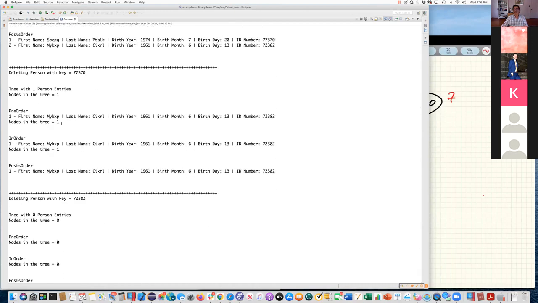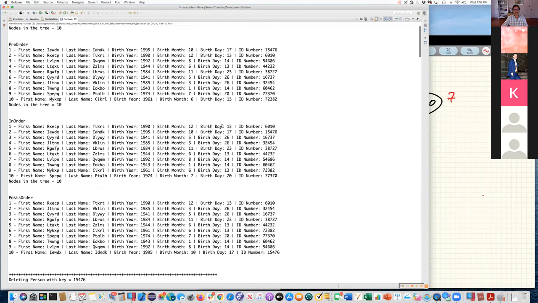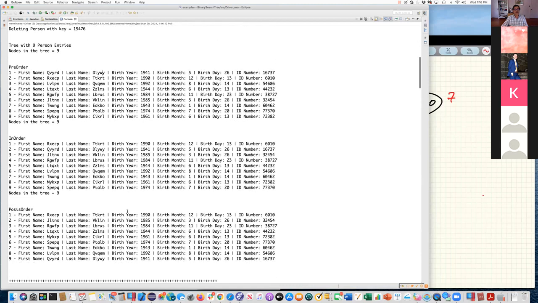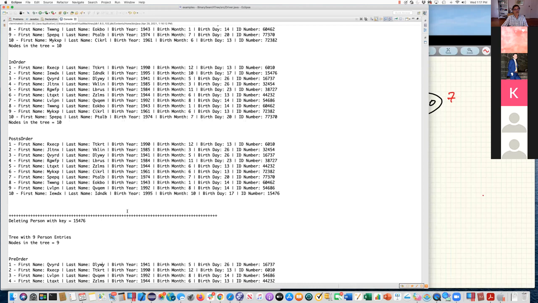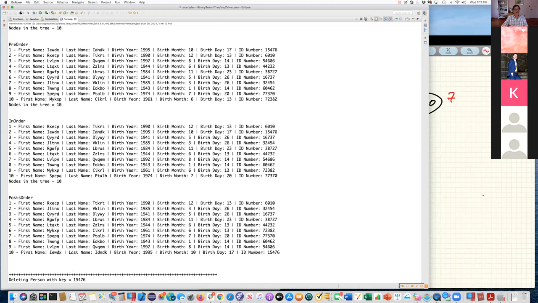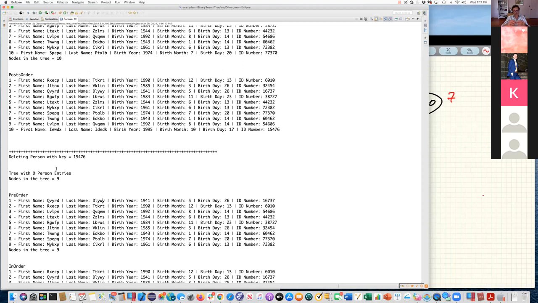Professor, I have a question. Yes. So does it eliminate just like any random keys, or does it eliminate the smallest key? I'm going in the order in which I generated the keys. Okay. I have these 10 people that I inserted into the tree. And when I created the 10 people that I want to insert into the tree, I created them in a vector. And then I'm going through one key at a time just to delete them, just to prove that it works.